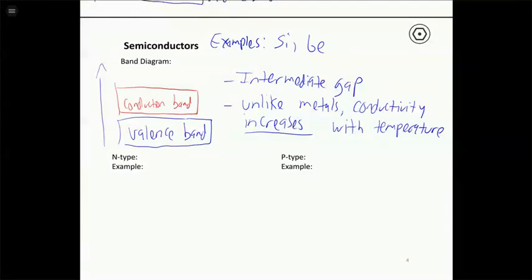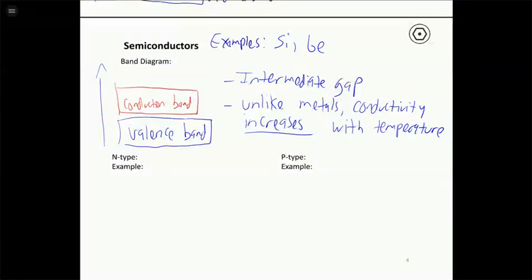Now, semiconductors are a very important class of materials. You've probably heard of solar cells, photovoltaics, those sorts of things. Those are all made from semiconductors where they absorb light, and then the absorbed light energy is converted into electrical energy. And semiconductors are sort of the types of materials that we use for that. So because of that, there's been a lot of research in terms of how to make better semiconductors. And what's been discovered and known for a long time is that you can do what's called doping to take a semiconductor and make it even better.